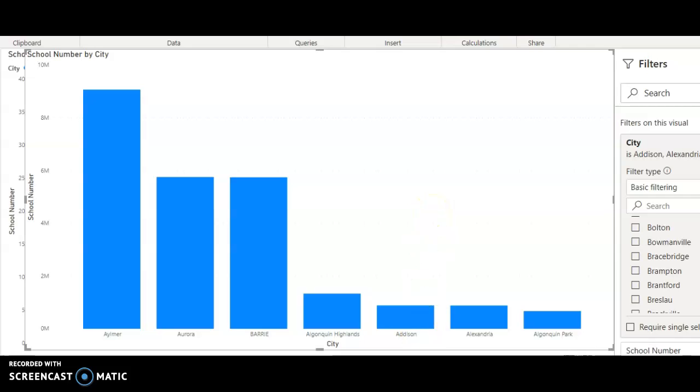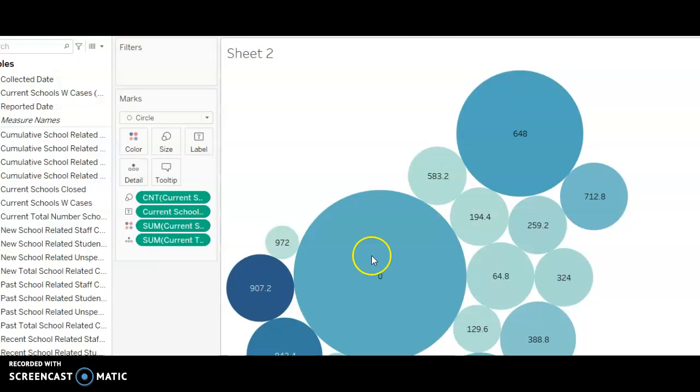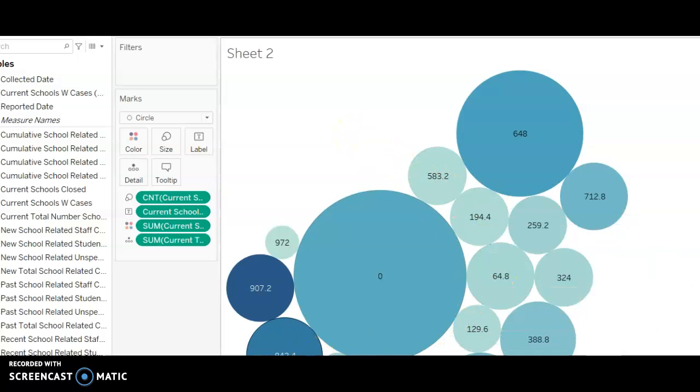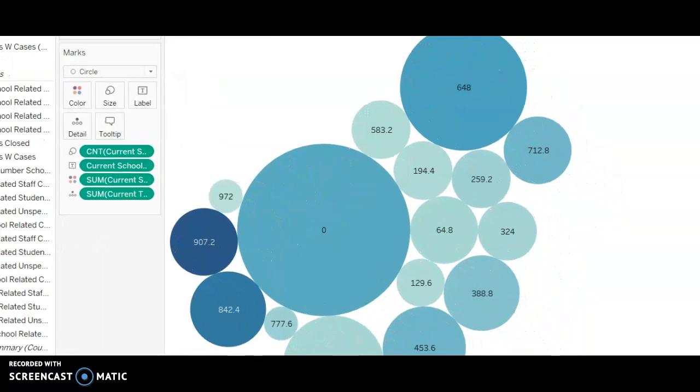Fine. So two graphs we have discussed of Power BI. Now we will discuss Tableau. So I'll minimize this and open the screen of Tableau. So here I have used different things. Let me move the screen accordingly. So I have selected this